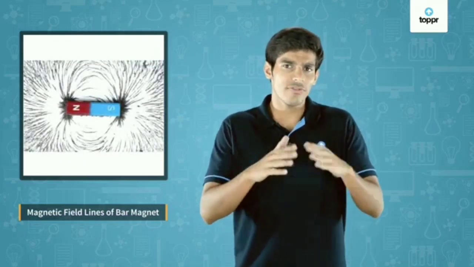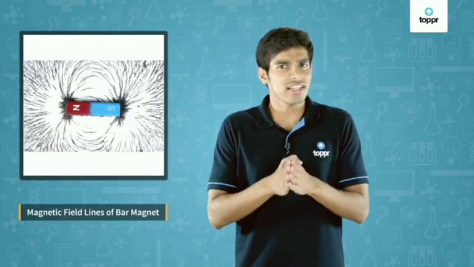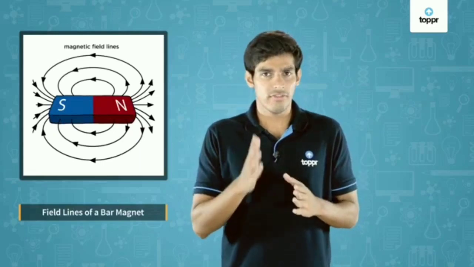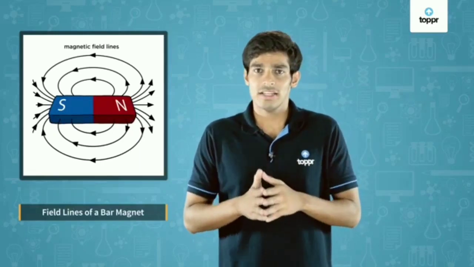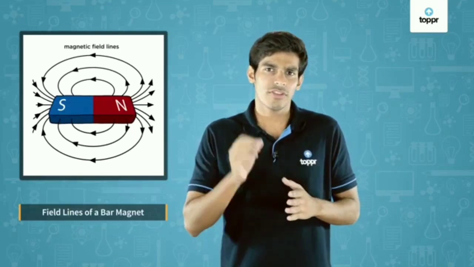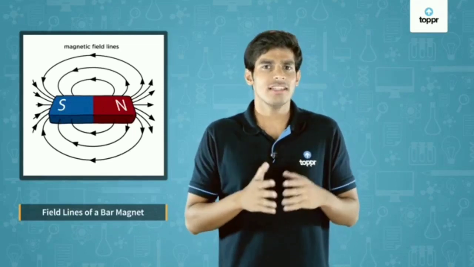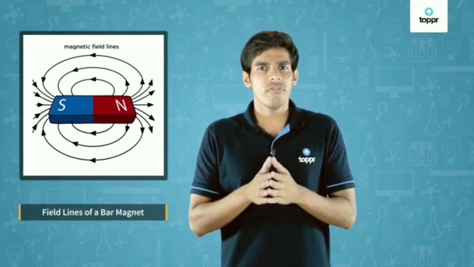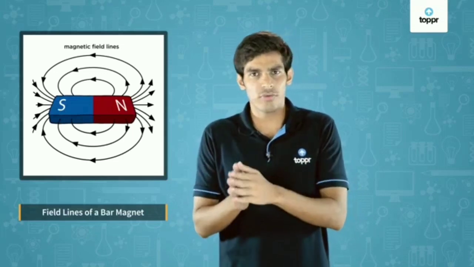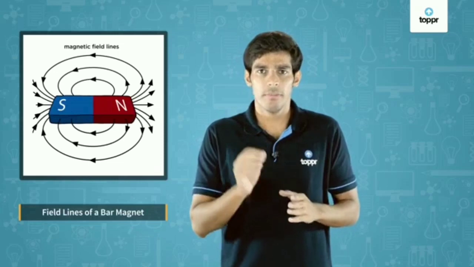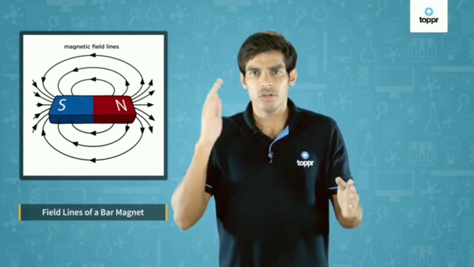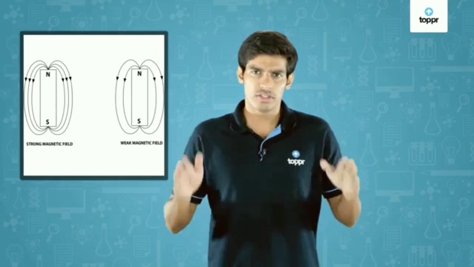The lines along which the iron filings are arranged or aligned is nothing but the magnetic field lines of a bar magnet. The region surrounding the magnet in which the force of the magnet can be felt is the extent of the magnetic field for that particular magnet. Magnetic field is a vector quantity, that is, it has both magnitude and direction. By convention, we assume that magnetic field lines originate from the North Pole and merge in the South Pole. But inside the magnet, magnetic field lines are directed from the South Pole to the North Pole. Thus, we can see that magnetic field lines form a closed curve.